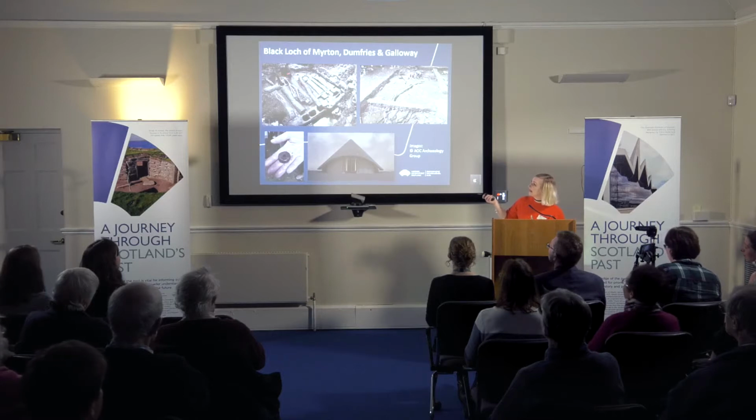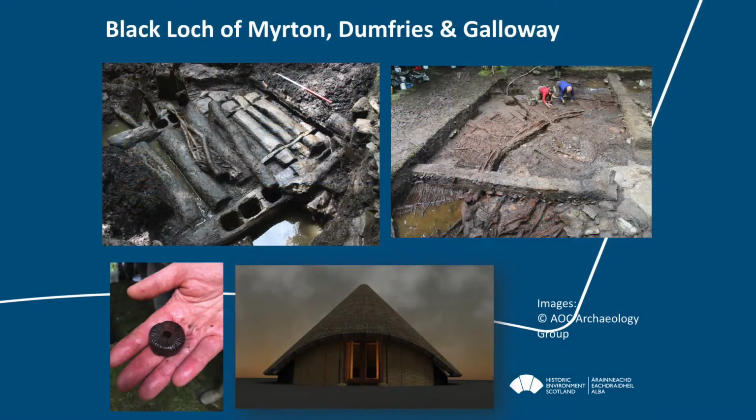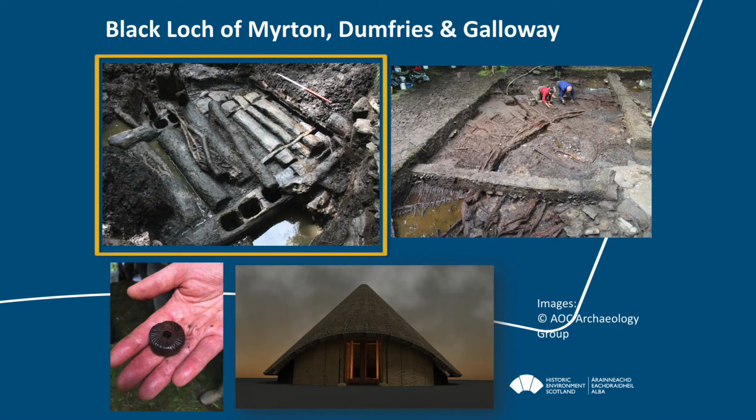I was very lucky enough to dig this site, and there were loads of insects. You would pick up a piece of the flooring and it would just be filled with insects that are 2,000 years old. They look like they were put there yesterday. It's really quite spectacular. And what you see in this image here is actually a quite huge entranceway. This is where a porch, and you can see where the big timbers would have been put in for the construction